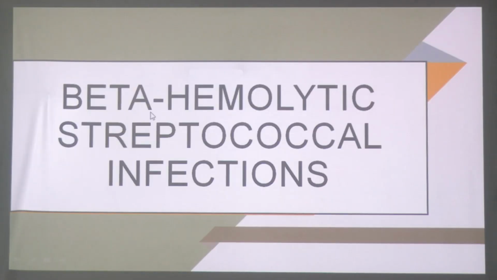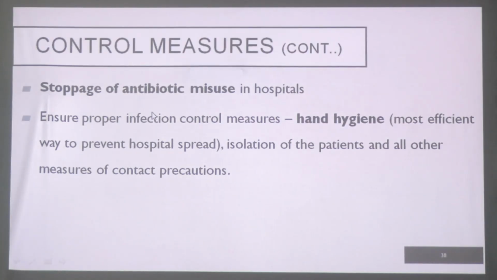Okay, that was about staphylococcus infections. You know about infection control measures? Anything about infection control measures? Have you heard about infection control measures anytime? First and foremost thing is hand hygiene. So when we are talking that healthcare workers are carrying this in their hands, what should they do before and after touching any patient? They should wash their hands. So hand hygiene should also help you with the infection control of MRSA. Okay.